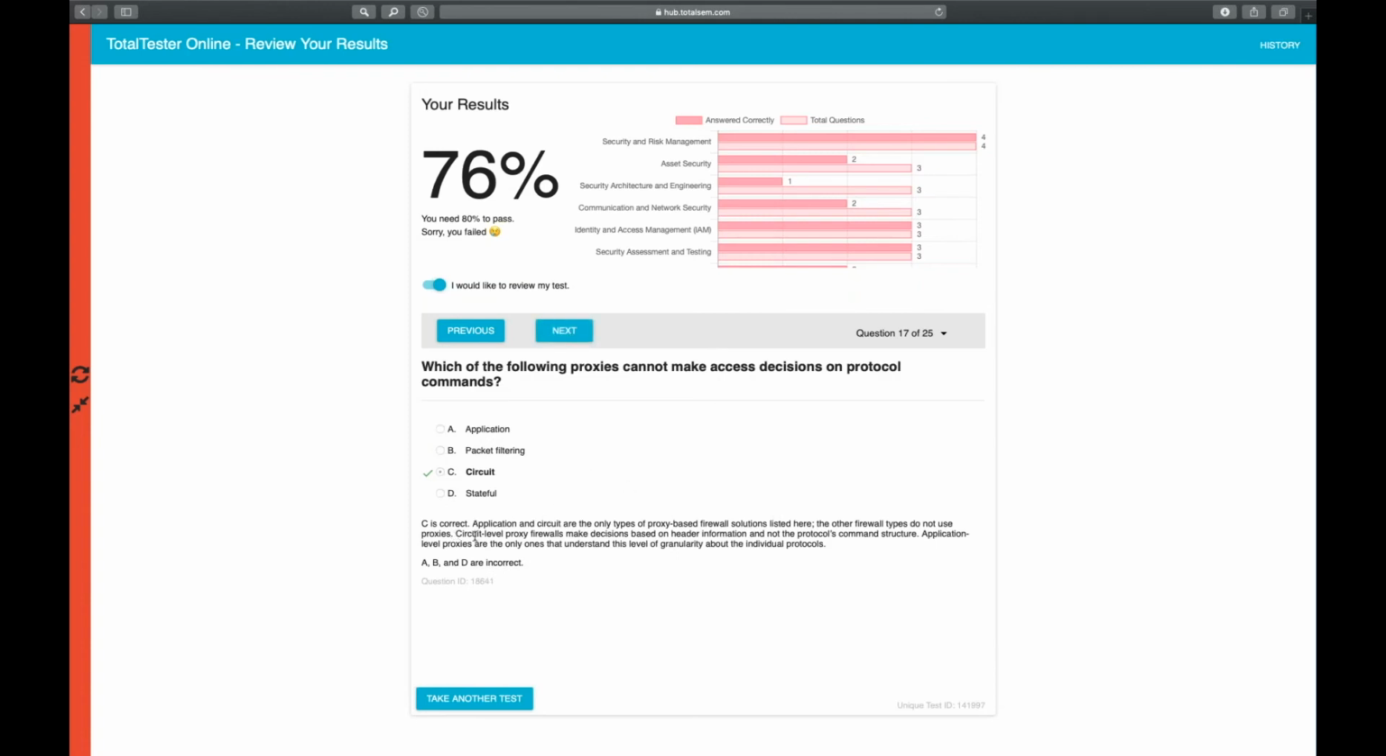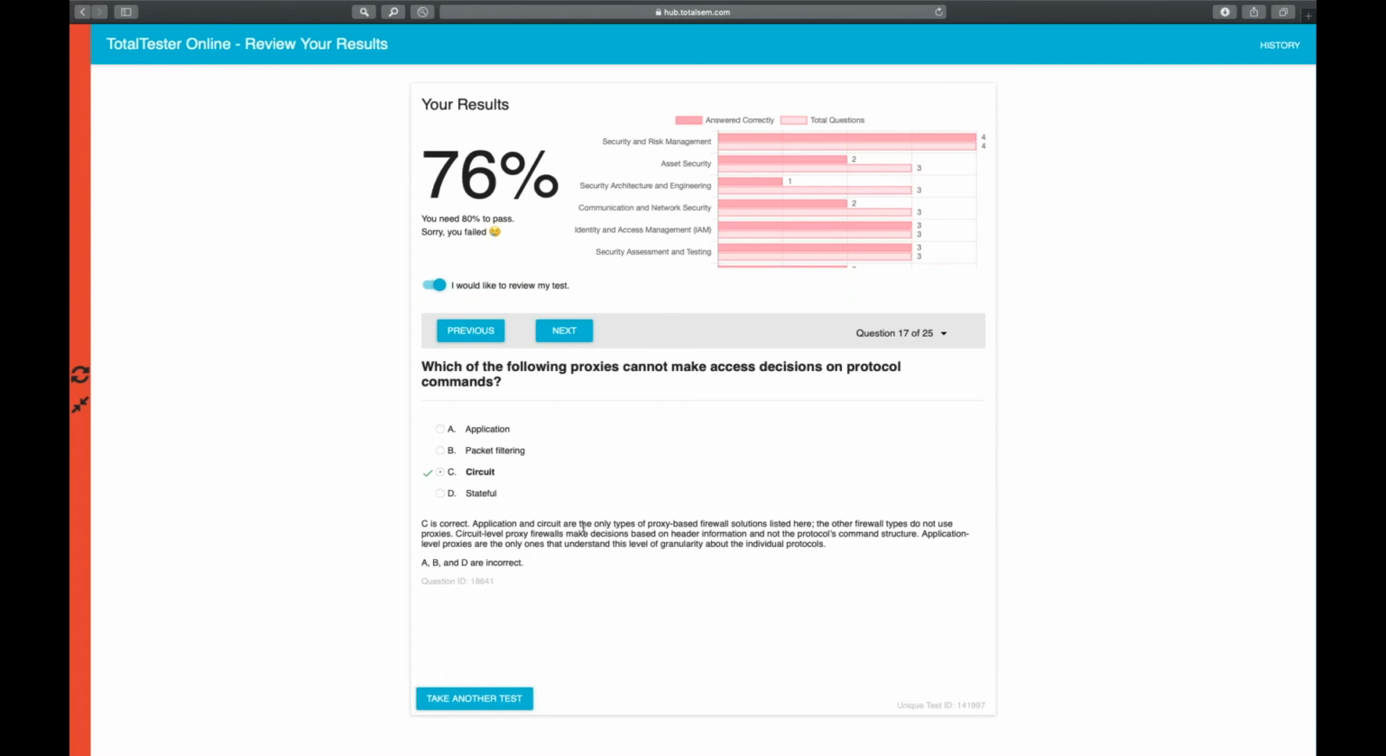All right, we're right about this one. Application and circuit are the only types of proxy-based firewall solutions listed here. The other firewall types do not use proxies. So that's a great point. Make sure you remember that. Application and circuit are the only two that can be